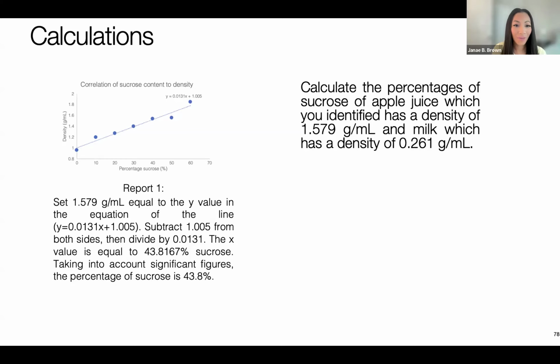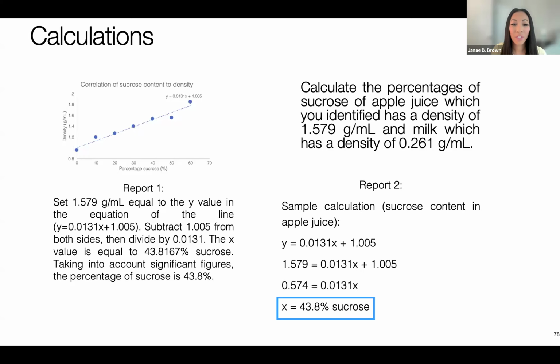You subtract 1.005 from both sides, then divide by 0.0131. The X value is equal to 43.8167% sucrose. Taking into account significant figures, the percentage of sucrose is 43.8%. And we're going to compare this to report 2, where the sample calculation for sucrose content in apple juice is